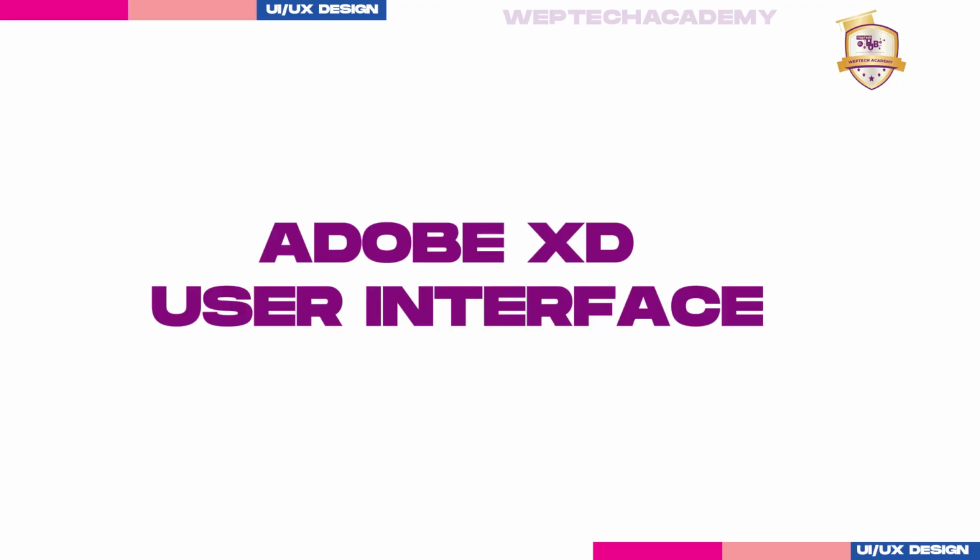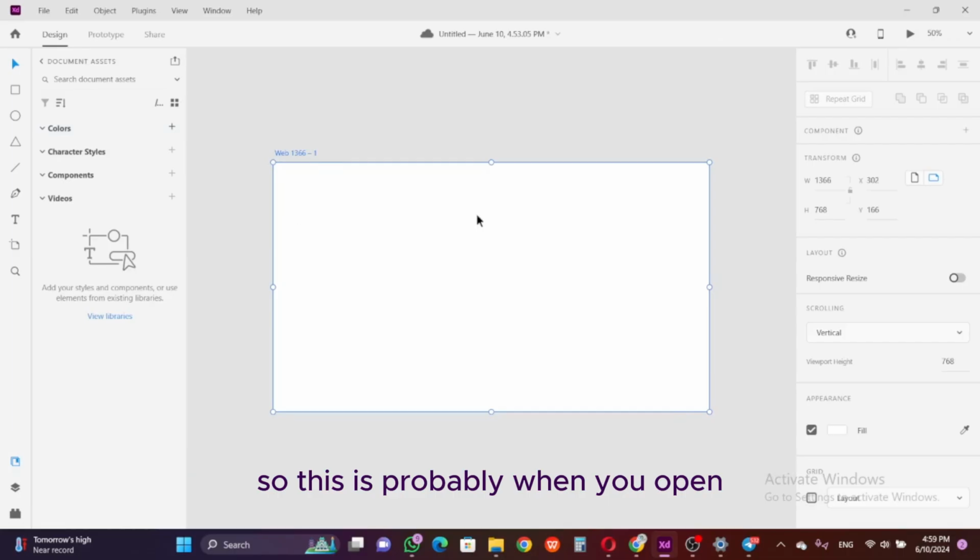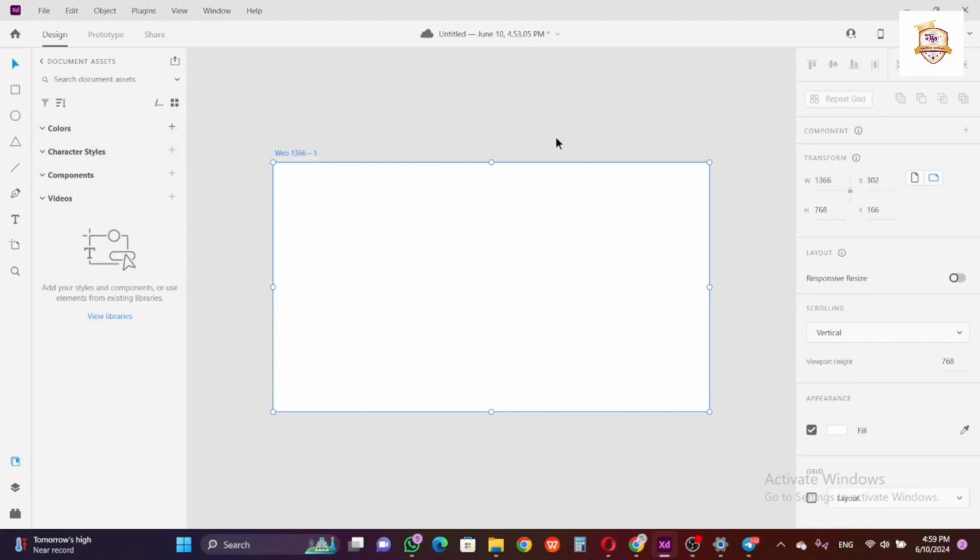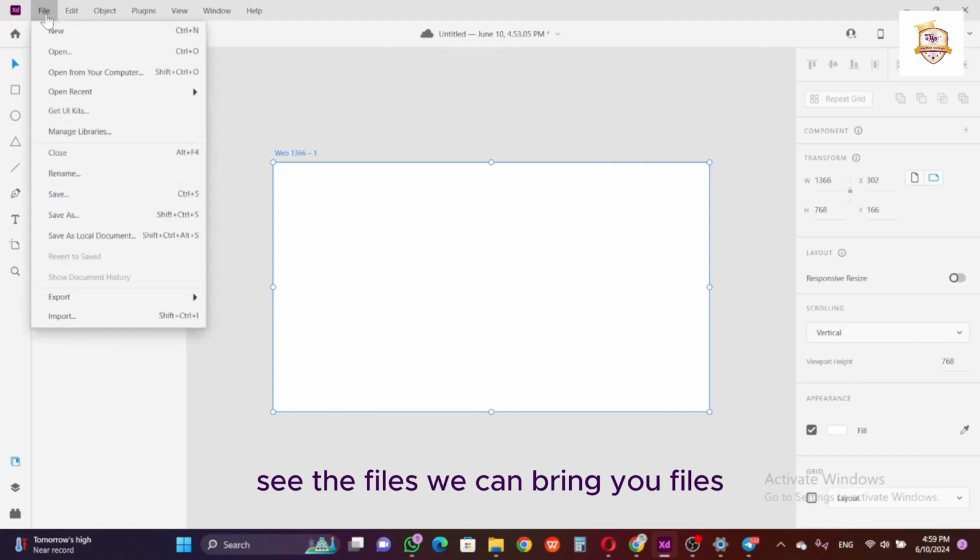Alright guys, let's dive just a little bit into the Adobe XD dashboard. So this is probably what you're going to get when you open your file. I'll start from the top: you get the logo, you see the files, where you can create new files and do